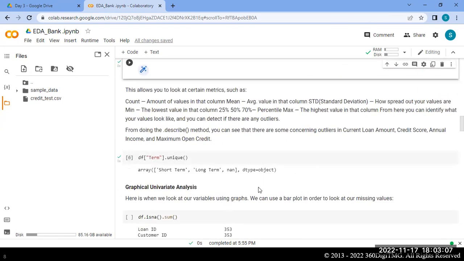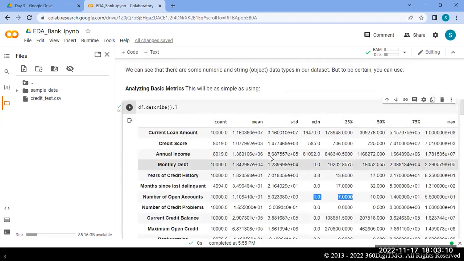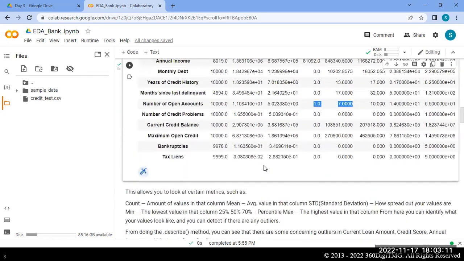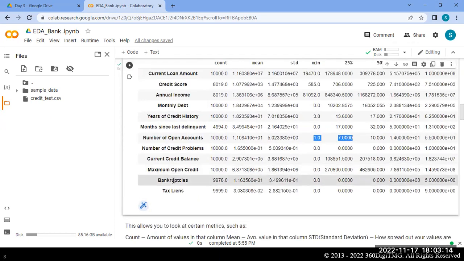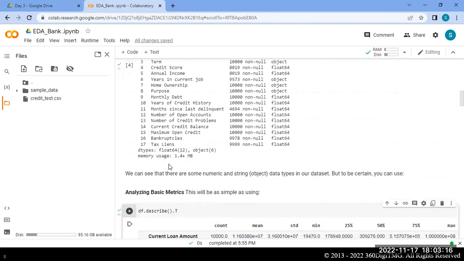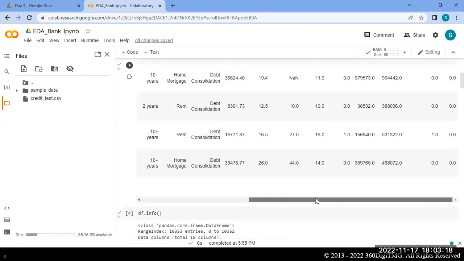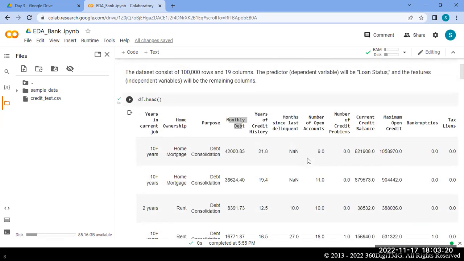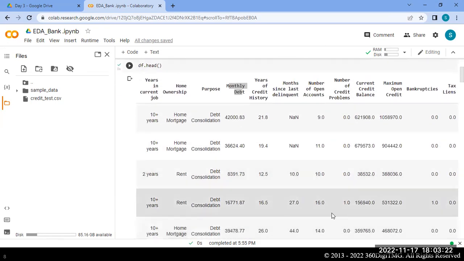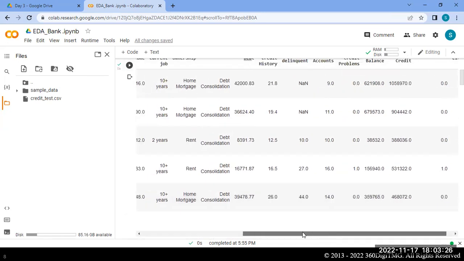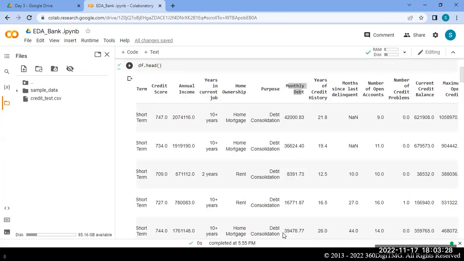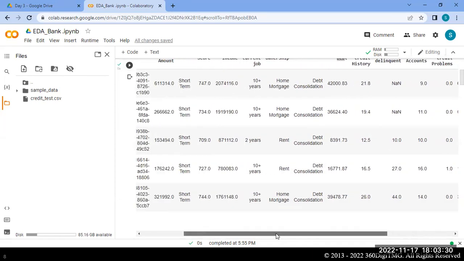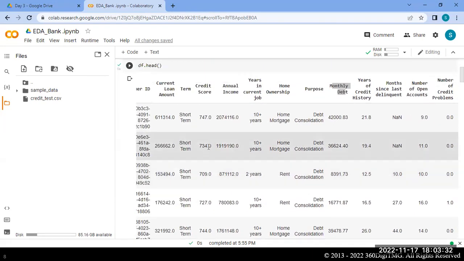So what are the unique values we have in that particular data? Let's say in term, you can see how many different terms we have. What kind of loan you want, whether it is short term or long term.